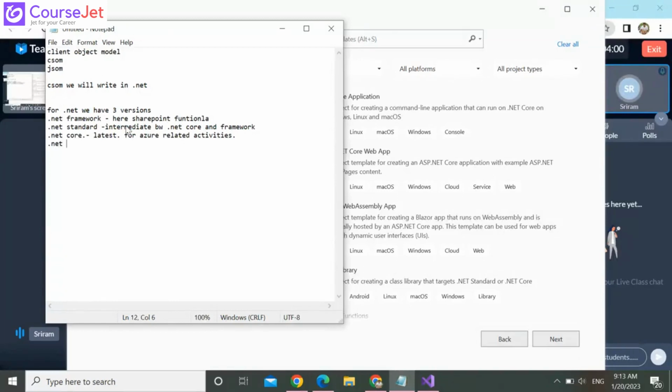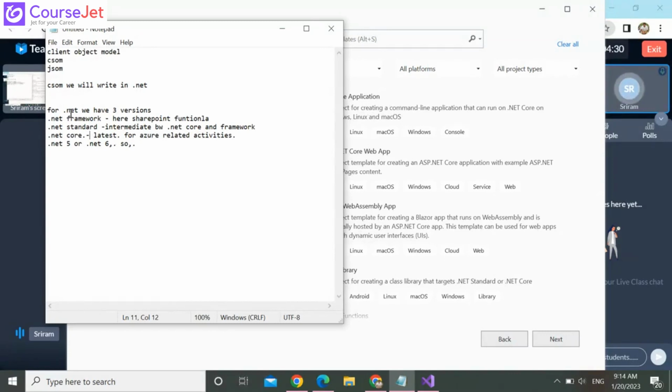They are saying .NET 6 is the final version, and hereafter Core, Framework, Standard and all won't be available. Okay, .NET Core is the latest one. Like Azure functionality, chatbot applications, any latest technology, we will write it in .NET Core.